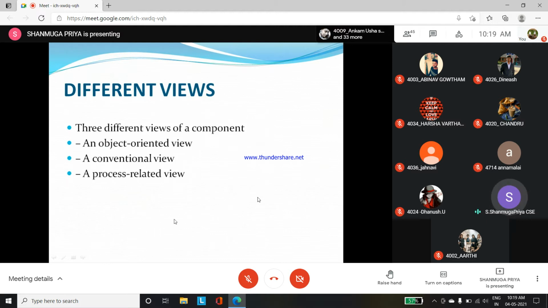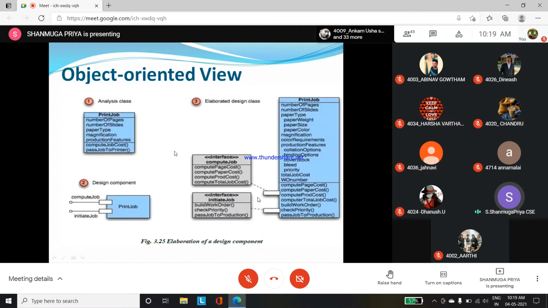Once the object oriented view is complete, what details can we identify? It will identify what type of attributes we are using, what operations, and what interfaces we are using. Then next, it also specifies what data structure. So at a time, which attribute is specified, and in this time what attributes are necessary, that also we can identify.